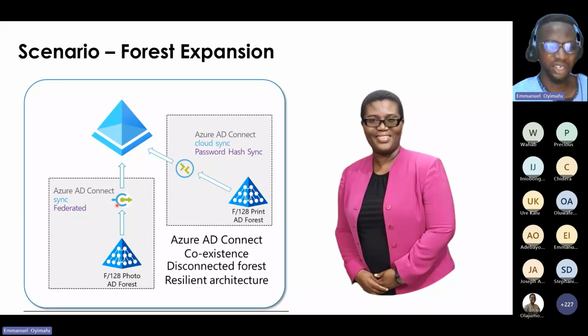So now these guys use AD Connect to sync their users to this tenant. So she bought this particular company. So all she needs to do is establish a forest trust relationship from this forest to this forest. It's not easy because you have to set up network connectivity from this forest to this forest in an ideal, professional way. So if you set up network connectivity between these two forests, that's when you can even manage them